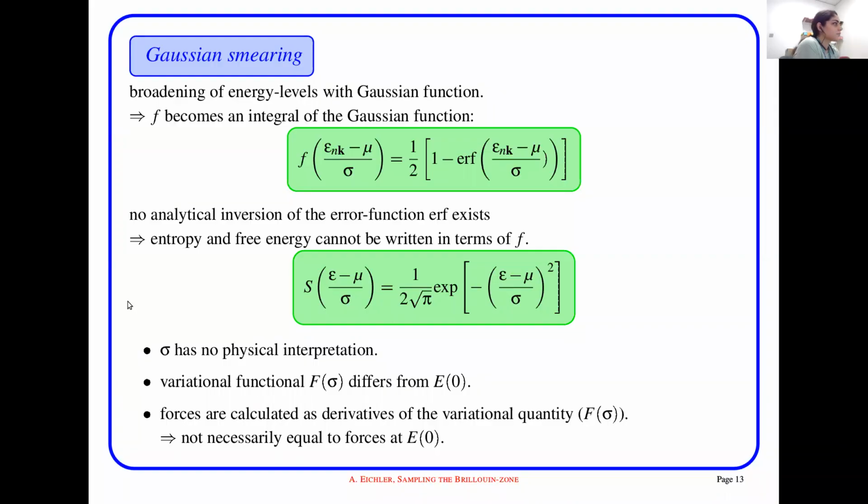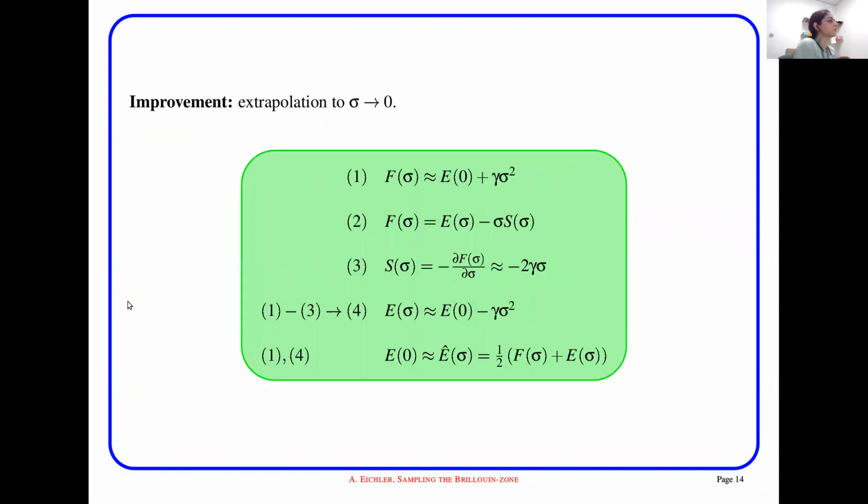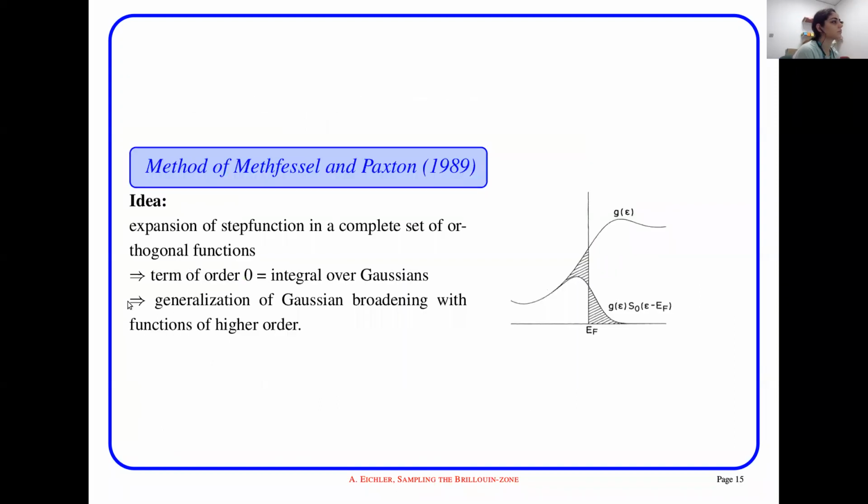And in the calculator, the sigma could be 0. You can try to put sigma equal to 0 and see what is happening. I never tried. I think that probably Limited will either fail or take a lot of time. But you can try, it's worth a try, no idea. Okay, so extrapolation to sigma equal to 0 to get the energy.